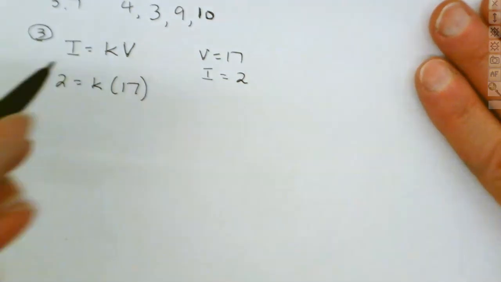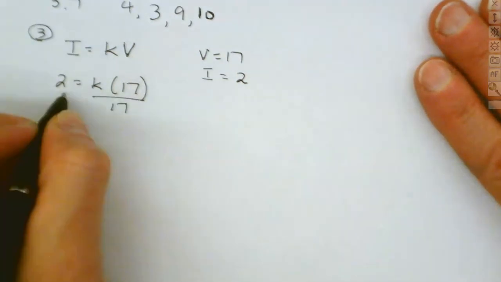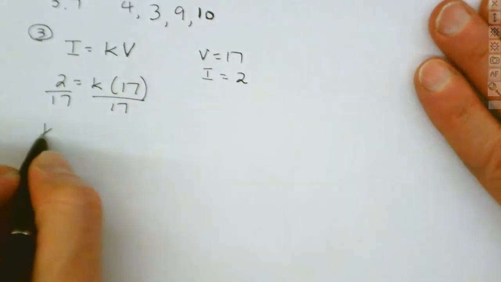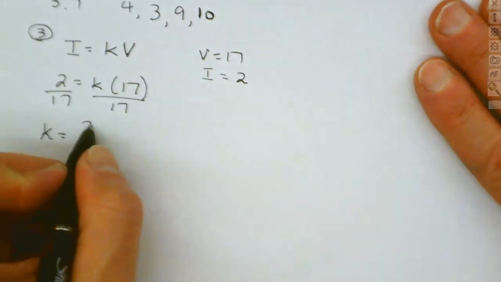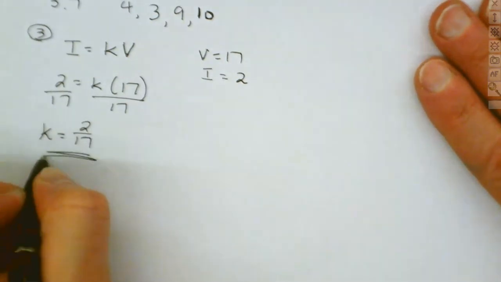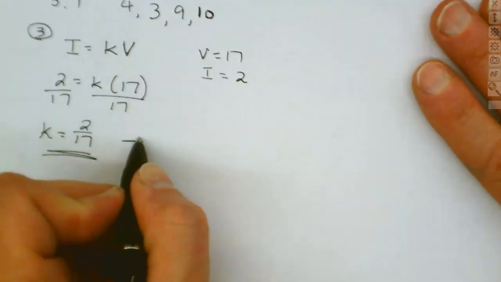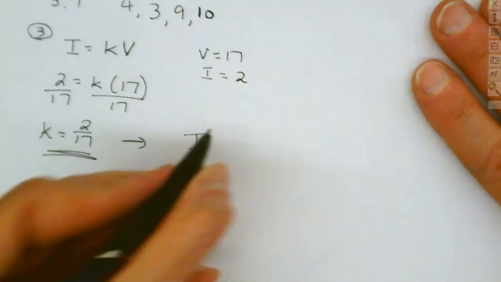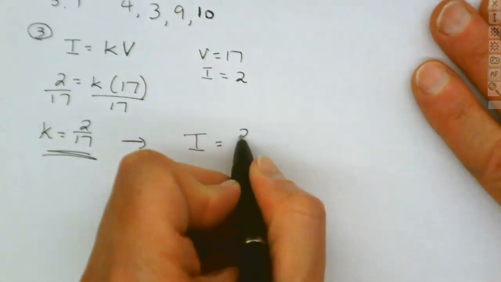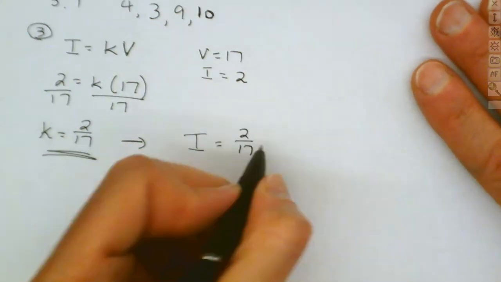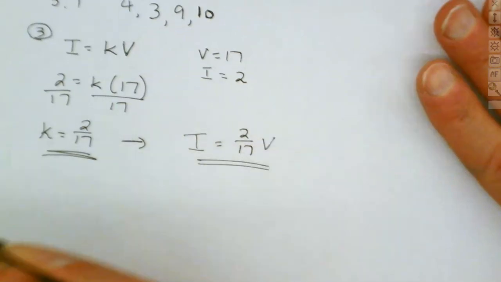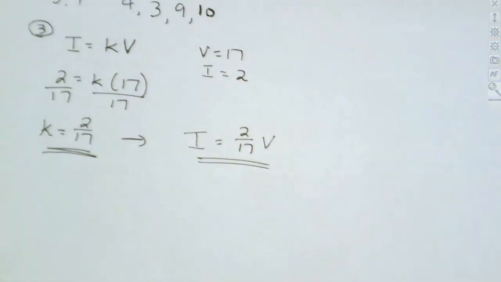And we'll just simply finish it. Divide by 17. And so what's our K now? Well, K is going to be 2 over what? 17. So that's our constant. What's our formula look like? Looks like I equals 2 over 17 V. That's our formula. Now, what do we want? Okay, we need to make sure we answer the question. So we want,